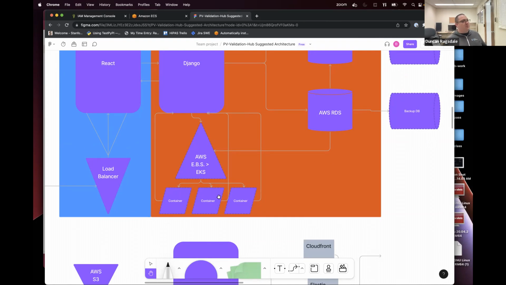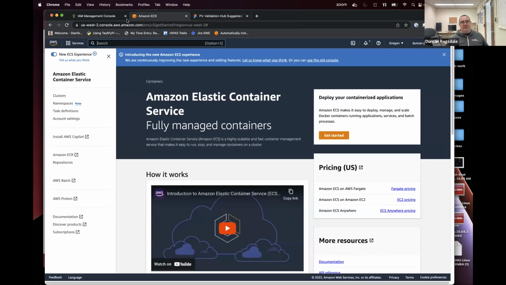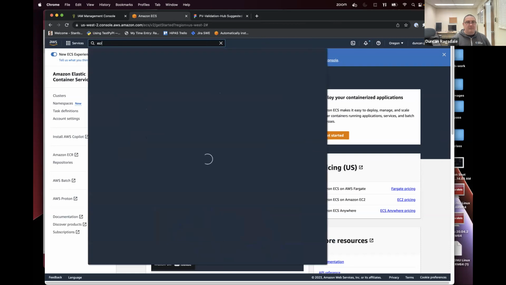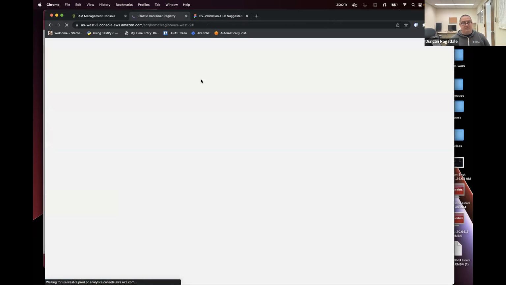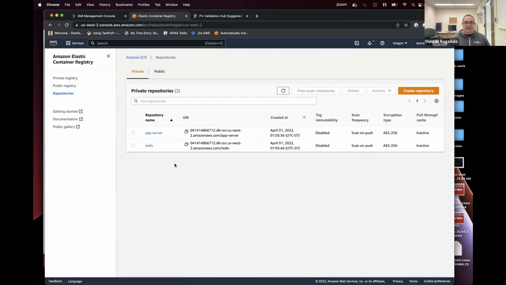And so one automation we're going to have is building and uploading our Docker image that will have our core script that will be able to run any analysis that gets dropped in. We're going to standardize as much of it as we can. So that way, when we get multiple submissions, they'll all go through our load balancer. They'll each get a fresh container spun up to run the application in a clean environment. And that is done through Amazon ECS and Amazon Elastic Container Registry. And so the container registry,